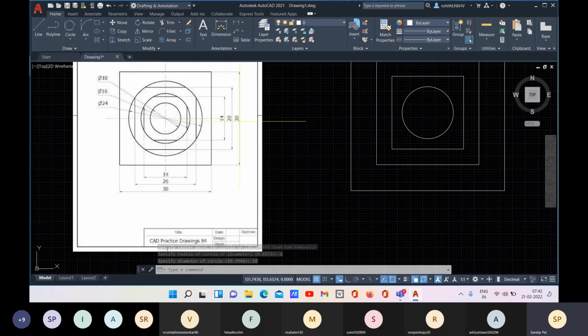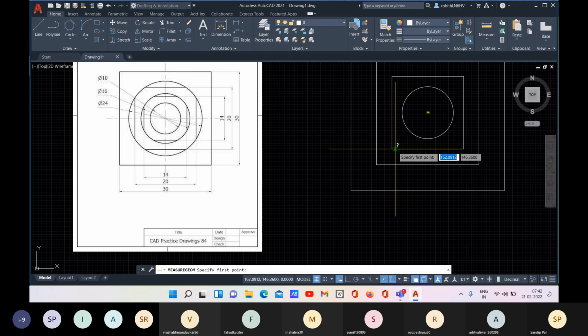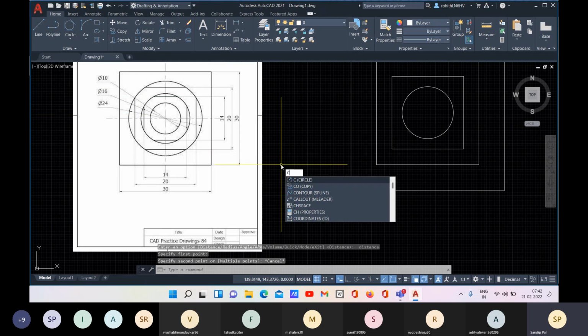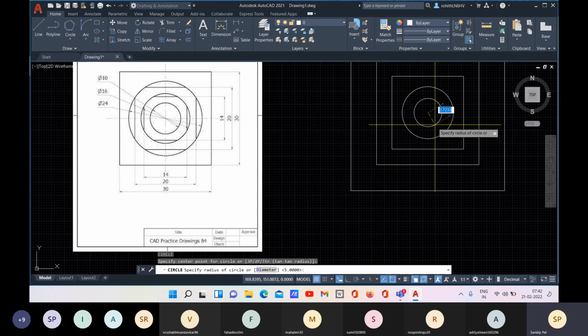Next, let me check here that I have this 14, correct?